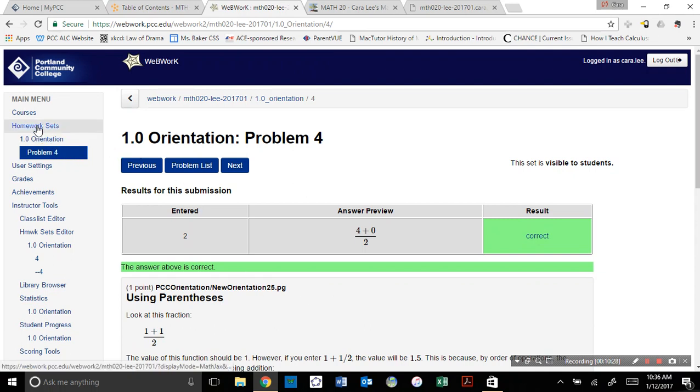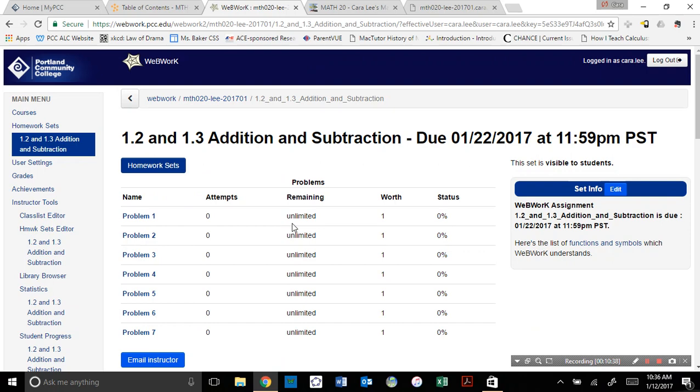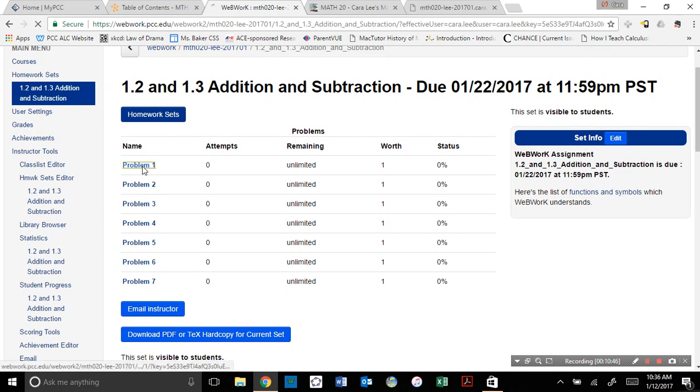But I want to go back to homework sets. So once you finish one assignment, go back to homework sets and then click on the next one. And that's how you get from assignment to assignment. You can see the problems. One really cool button, let me go to problem 1 here,